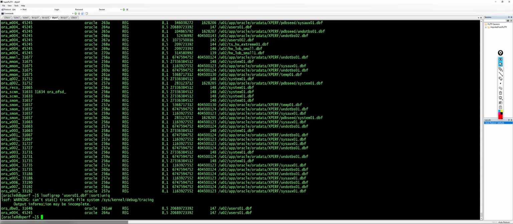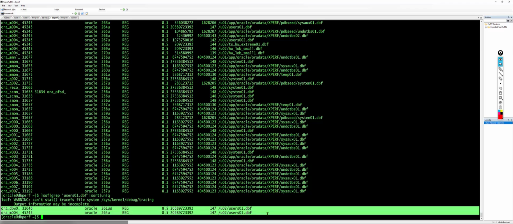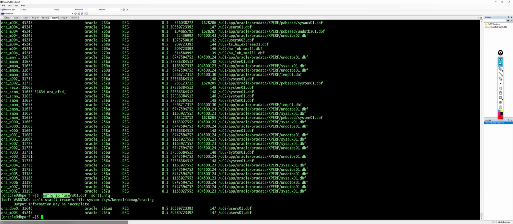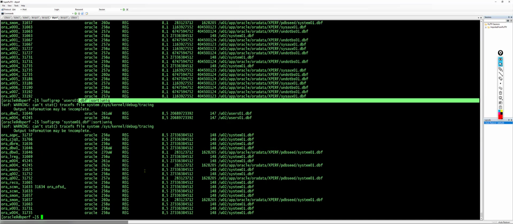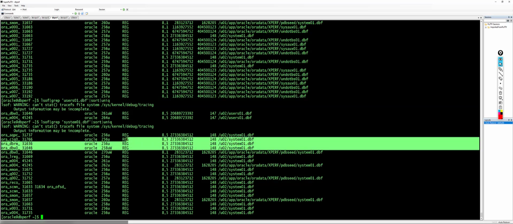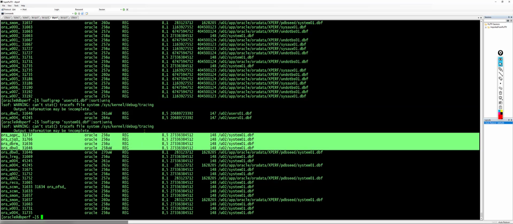So here if you see, there are two processes which are accessing the users tablespace data file. And if you see system, there are a lot of processes which are accessing the system data files,